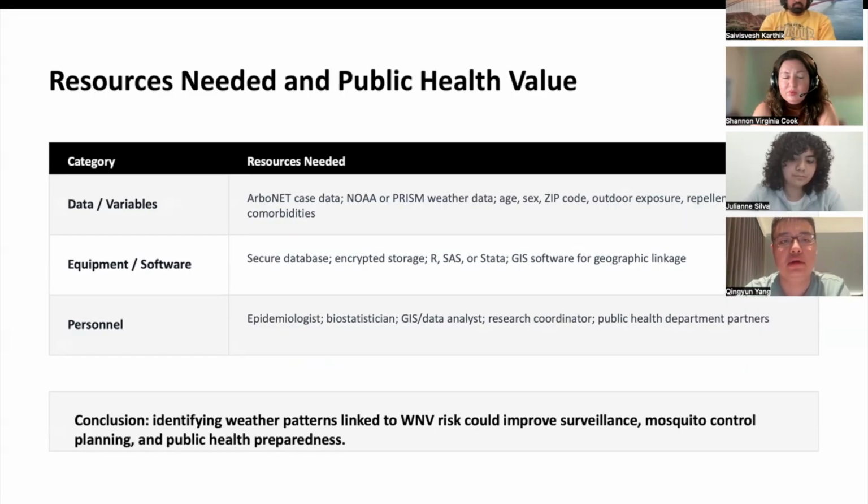They would need West Nile virus case data, weather data, a short questionnaire, a secure data store, statistical software, GIS software, and training people. Overall, this study could help improve West Nile virus surveillance, mosquito control planning, and